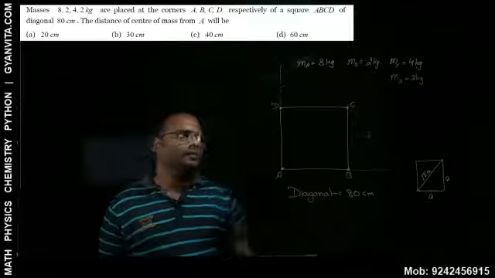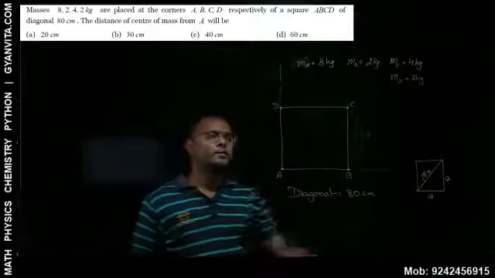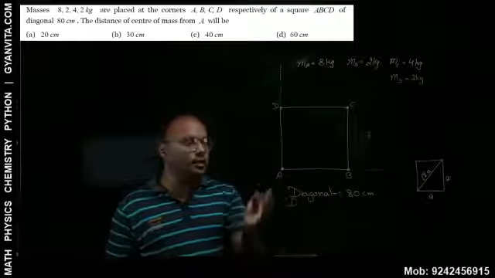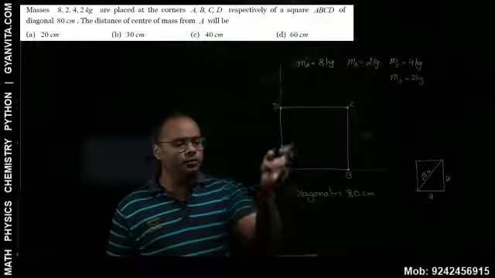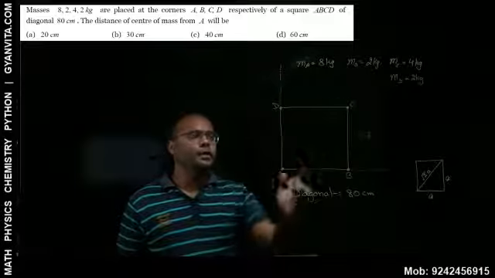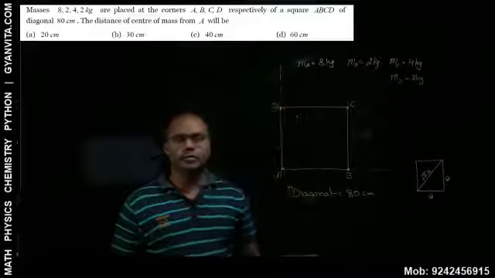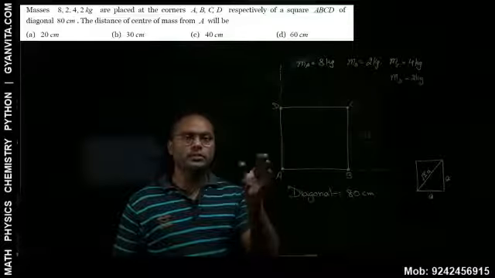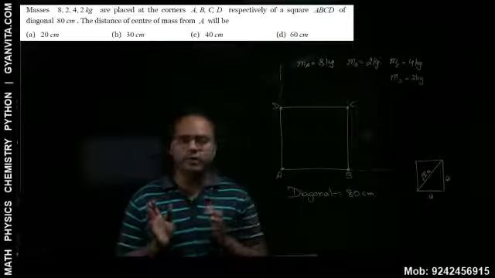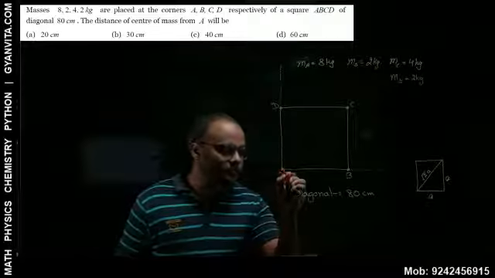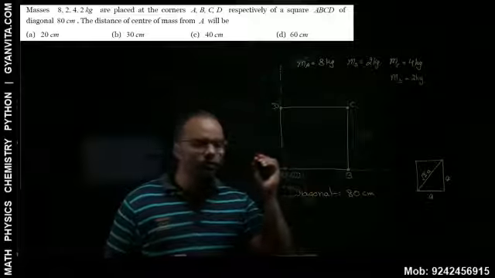And what do we have next? We have to find the center of mass. Actually, we have to find the distance of the center of mass from A. So from this point, what will be the center of mass? This is the diagram which we have drawn. You can take A here as well, doesn't matter. But because in the question we have to find distance from A, it will always be easy for us if I take A as 0, 0 or origin.